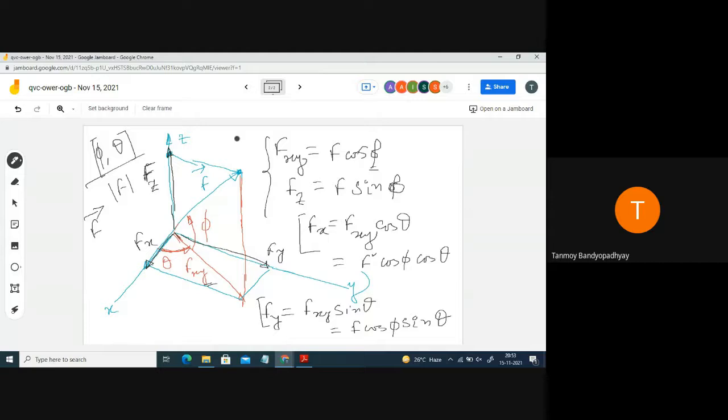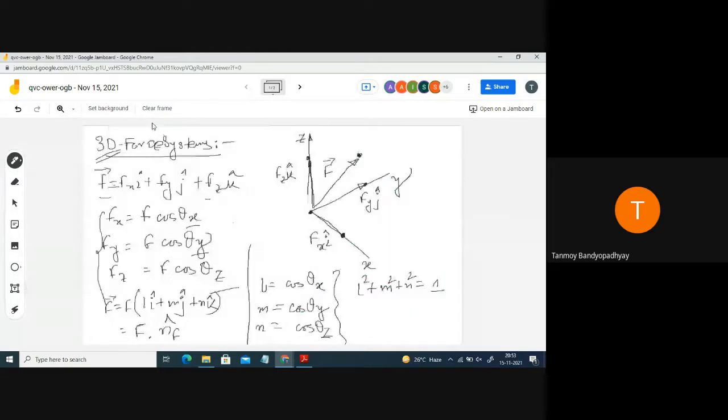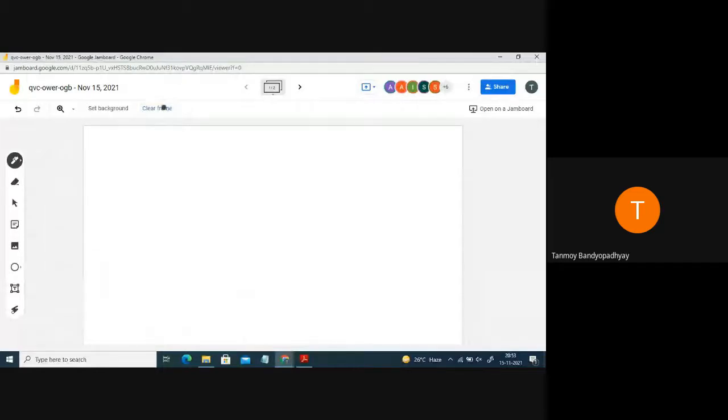Okay. So the last thing in our discussion is the dot product of the two vectors. When we go to moments again, next class we will be discussing moments in 3D, then we will be discussing the cross product. So today we are discussing just the dot product of two vectors in 3D. So you know these things.